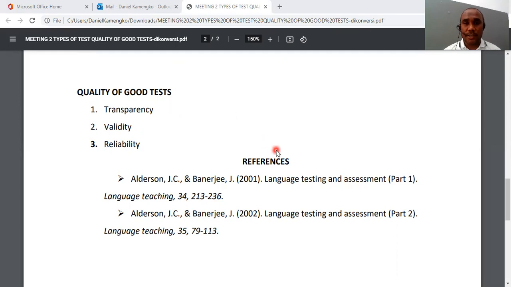In the references here, guys, I have put 2 kinds of references. This is the same people, 2 writers, years 2001 and 2002. I hope you can find this because this is very useful, language testing and assessment. If you don't know how to go to this one, just open Google Scholar, copy this, put it in Google Scholar and click. Then you can download the materials, and you can use that as a reference to read to understand our discussion today.